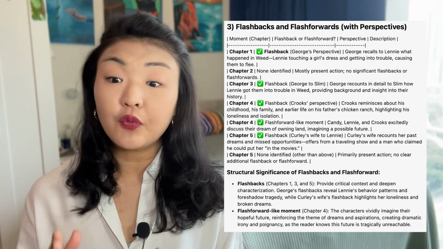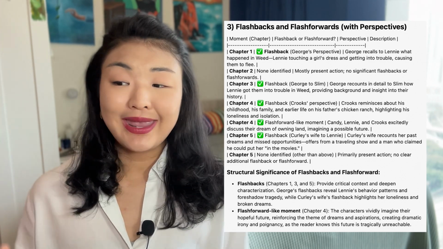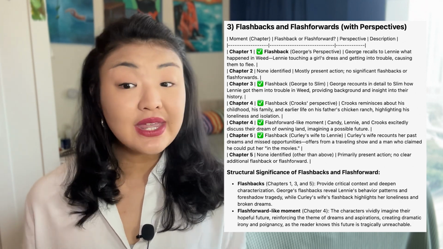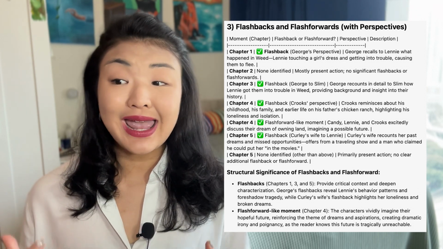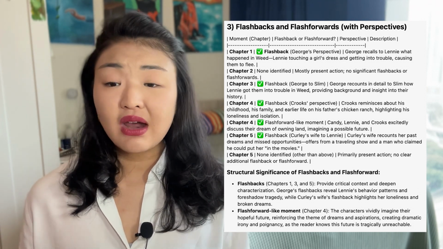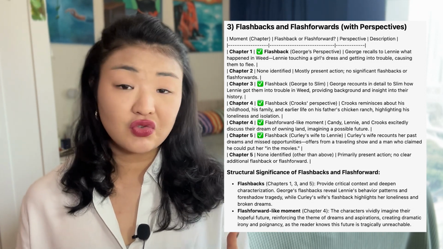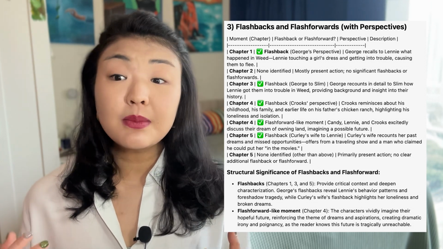Now notice that right away, the AI has identified 4 flashback moments in chapters 1, 3, 4, and 5, as well as a flash forward-like moment in chapter 4, where Candy, Lenny, and Crooks talk about their dream of land ownership. And from this, we can construct an argument about how the multiple flashbacks reinforce a sense of nostalgia, but also a sense of relief, as various characters like George, Crooks, and Curly's wife look back on their past and consider the troubles they had once experienced and this current new life they've pursued as an embodiment of the hope